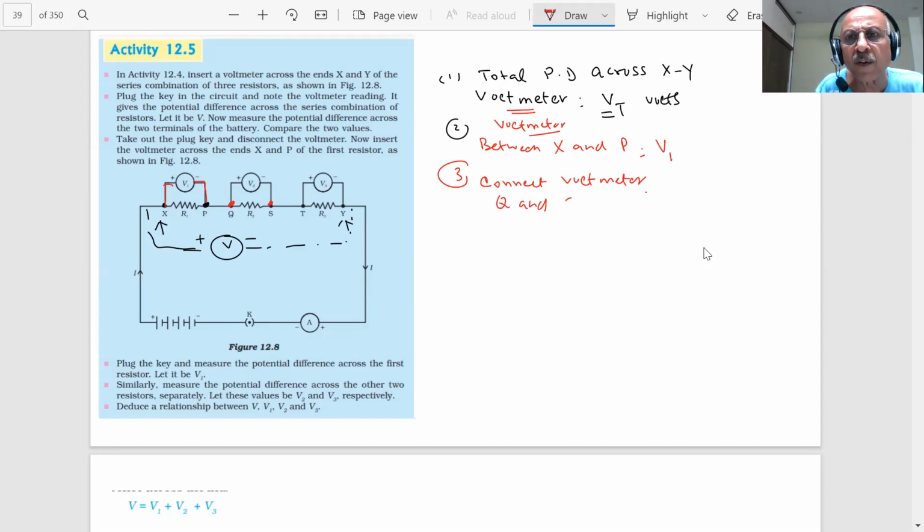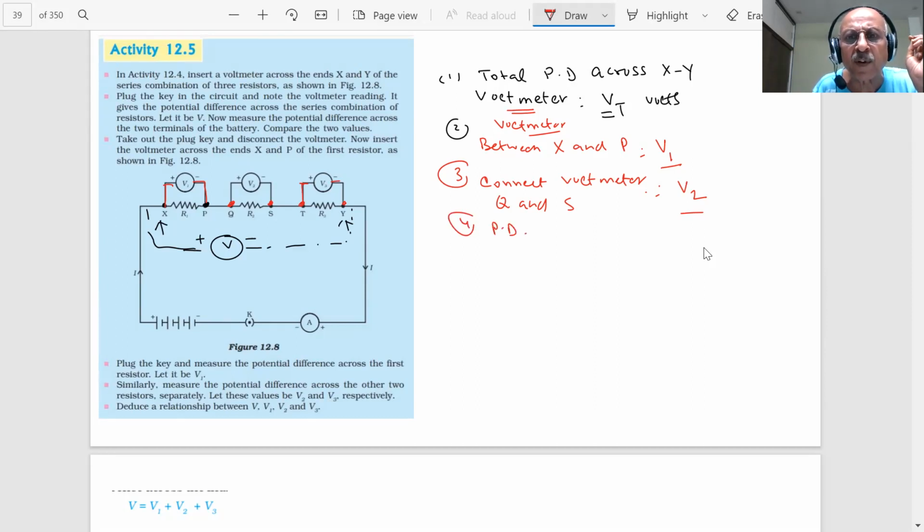Q and S, and you will find a different value, V2. Then you remove this and join the voltmeter here. Every time I am only using one voltmeter. I have not connected three different voltmeters. I am only measuring the potential difference between Q and S, then measuring the